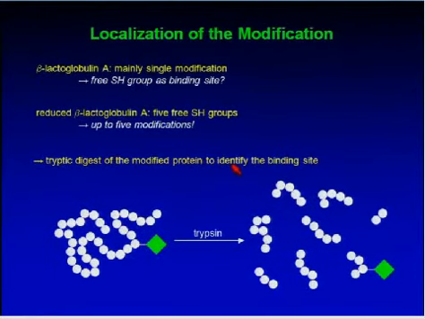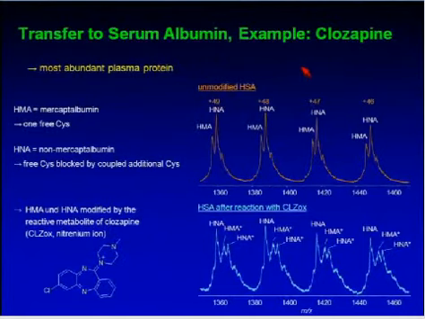Afterwards, we did a tryptic digest of the modified protein to identify the binding site, and then you can really find out the location. In this case, it could be easily assigned to the binding site which was originally expected. If we then look at the much more relevant and more abundant plasma protein, HSA, human serum albumin, which is the most abundant protein in the human plasma,